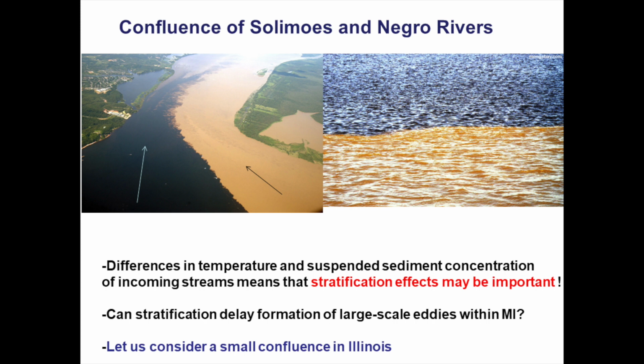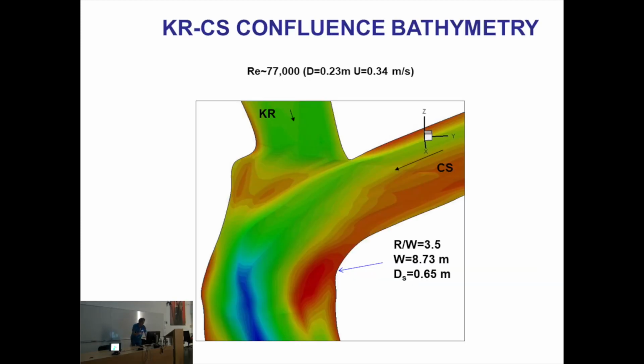So in order to get a feeling whether or not stratification can have something to do with this phenomenon, we are going to consider a small confluence in Illinois, and this is a confluence between the Kaskaskia River and Copper Slough. There are two very, very small streams. The average flow depth is about 30 centimeters, and the average width is something like 5-8 meters. And this is a confluence which was studied over 30 years or so by the group at the University of Illinois